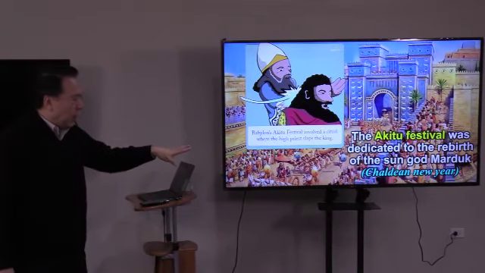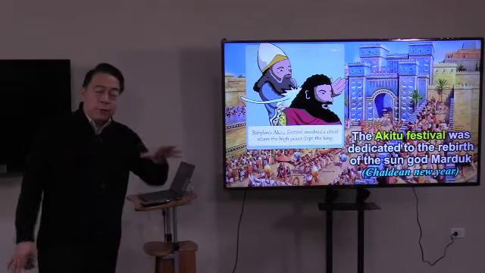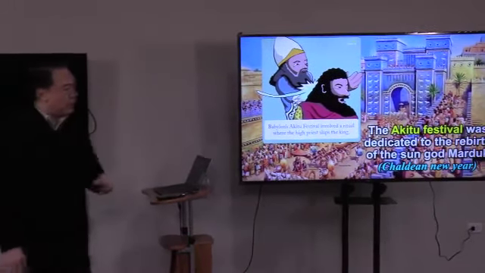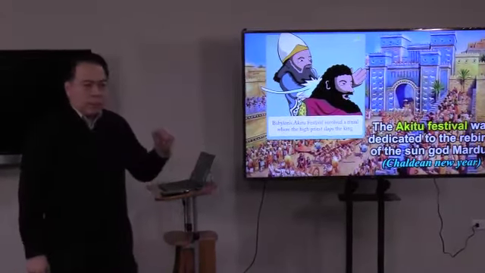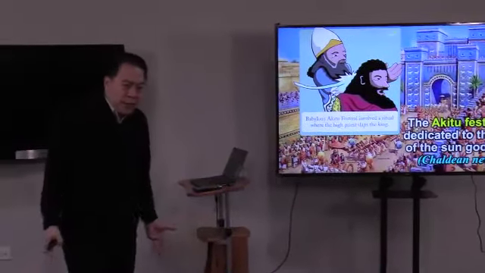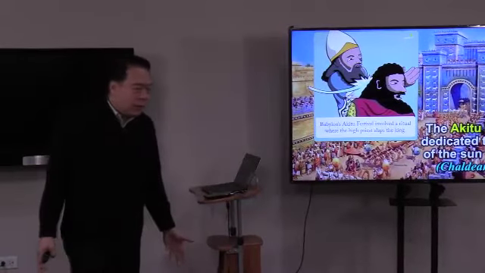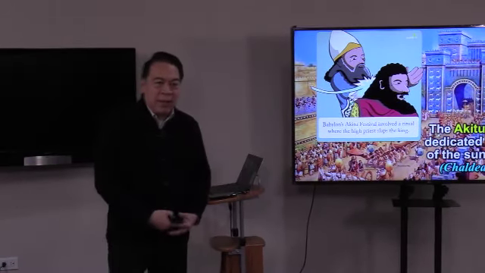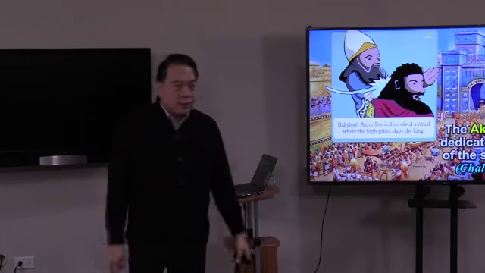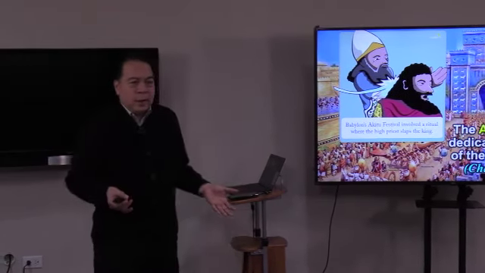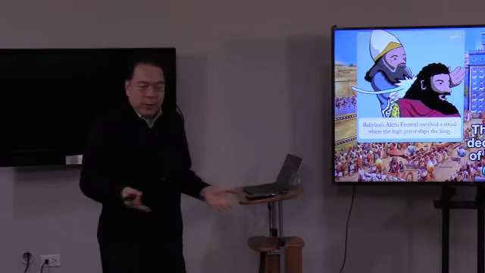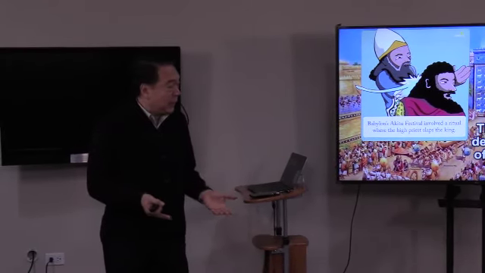Okay? And the way it goes is, about the 4th or 5th day of the festival, the king is supposed to go to the priest of Marduk. And the priest will strip the king of his crown, of his robe, so that he becomes a common man. And the last thing that happens is the priest will give the king a very hard slap in the face. The reason why he does that is so that the king will be humble and admit all his shortcomings the previous year and prove that he is humble enough to serve the people and will be fit to be king.